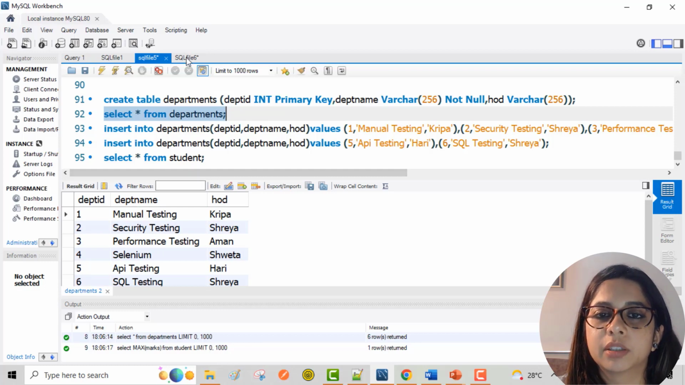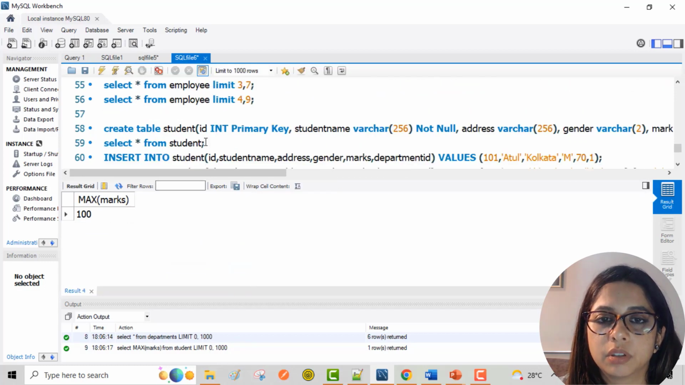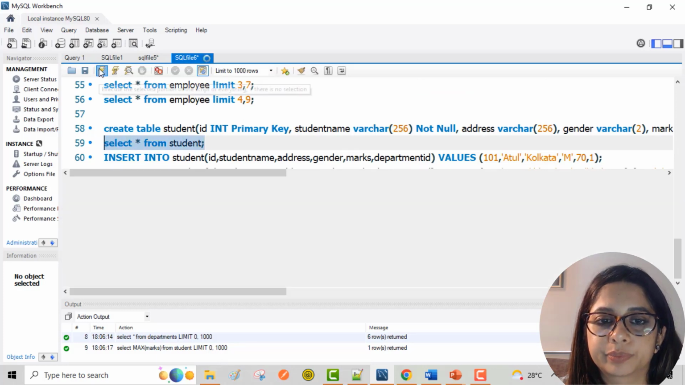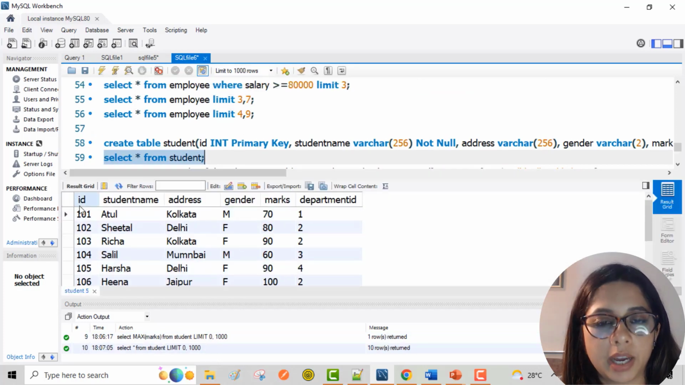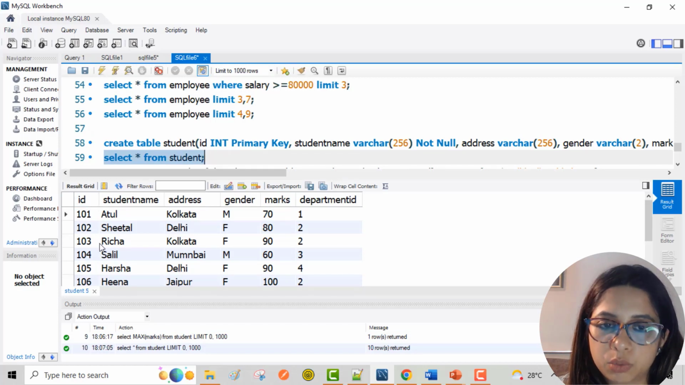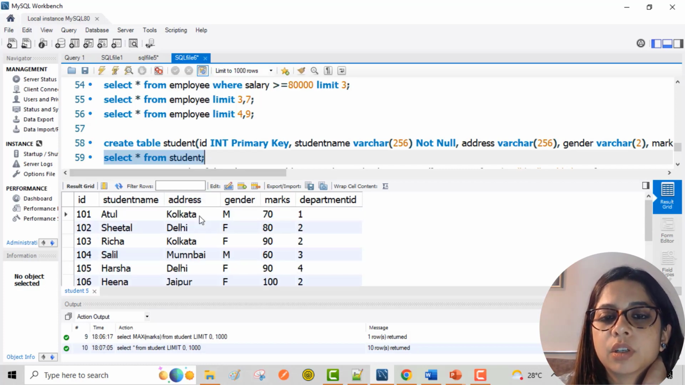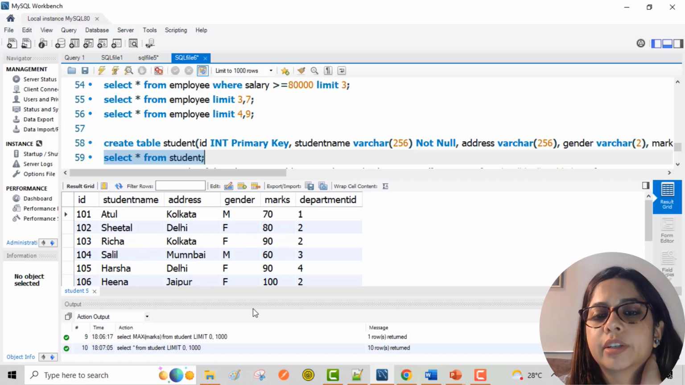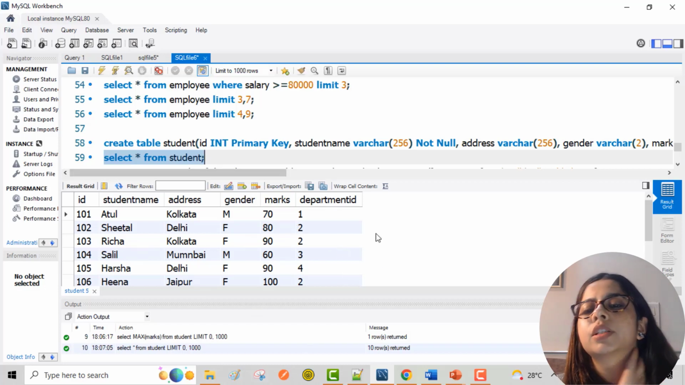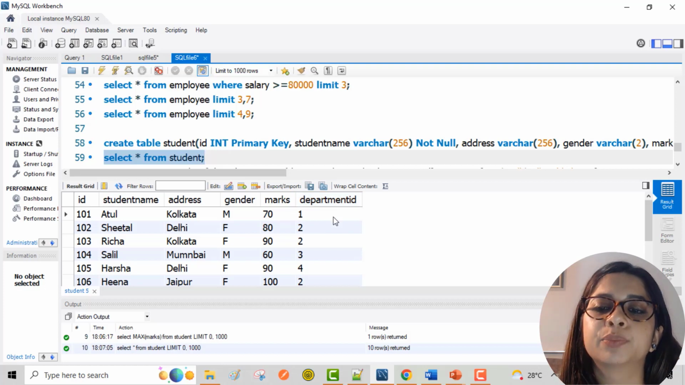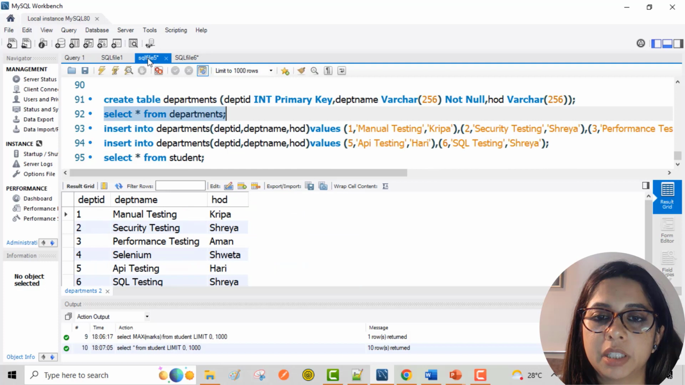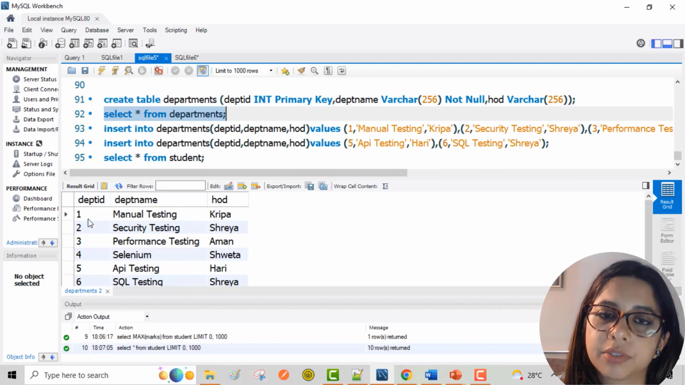Now we'll go to another table which we had created, which is select star from student. In this we have IDs, which is the primary key here, the student ID 101 to 110. We have student names, like Atul, Sheetal, address, which is where the students belong to, the gender of the students, marks, and department ID. Now this department ID is the foreign key here because it is the primary key in the name of DEPT ID. The names can differ in different tables, that's absolutely fine, but it should mean the same,